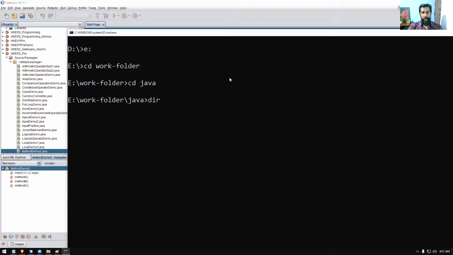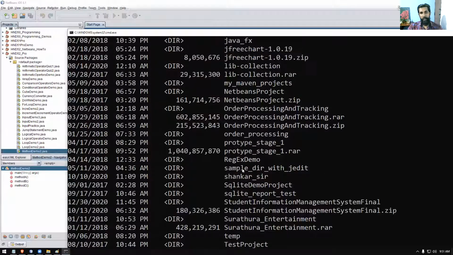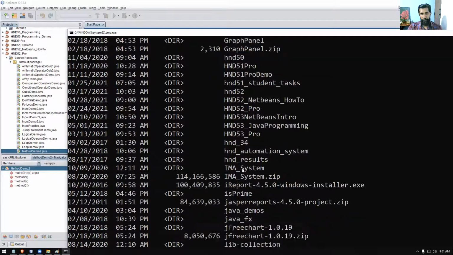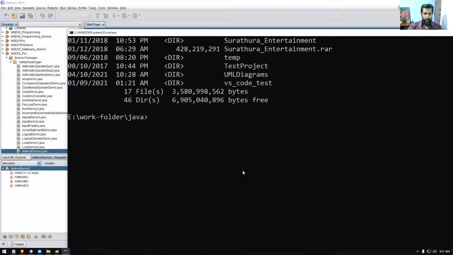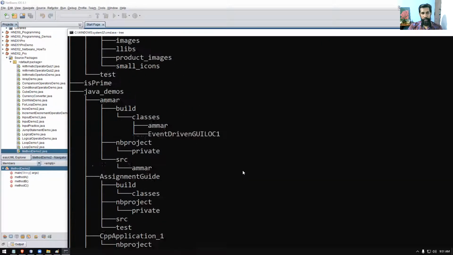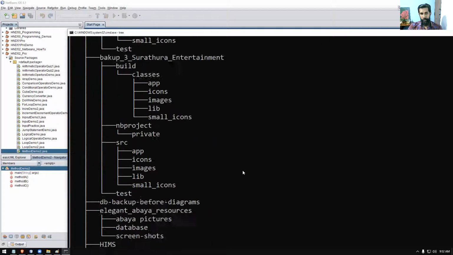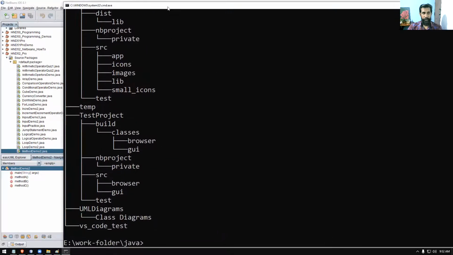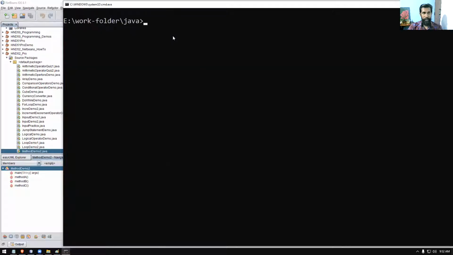So if I type dir command, all the Java files or the projects and the folders that I did, I can see that. If I type a command called tree command, it will show in my Java folder all the folders, subfolders, and files in it. Right? It's like those hacking movie screens. It just shows like that. So it's nothing to do with hacking, right? So you can change the color also, right?